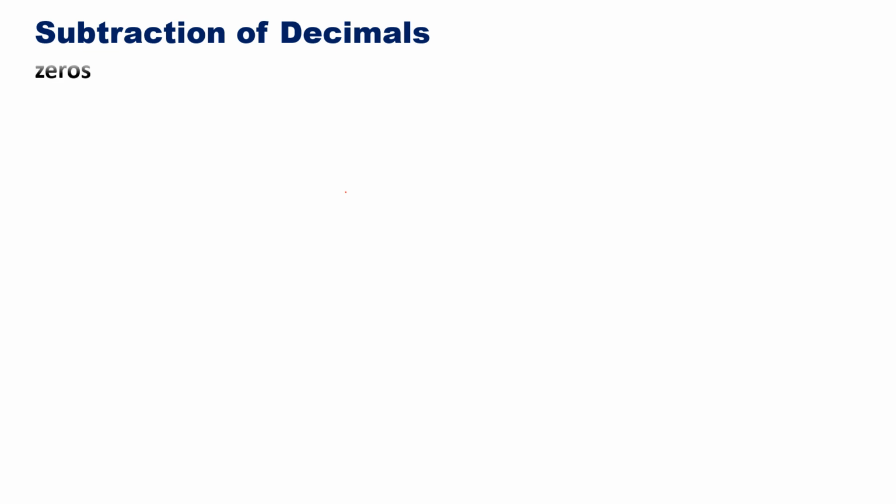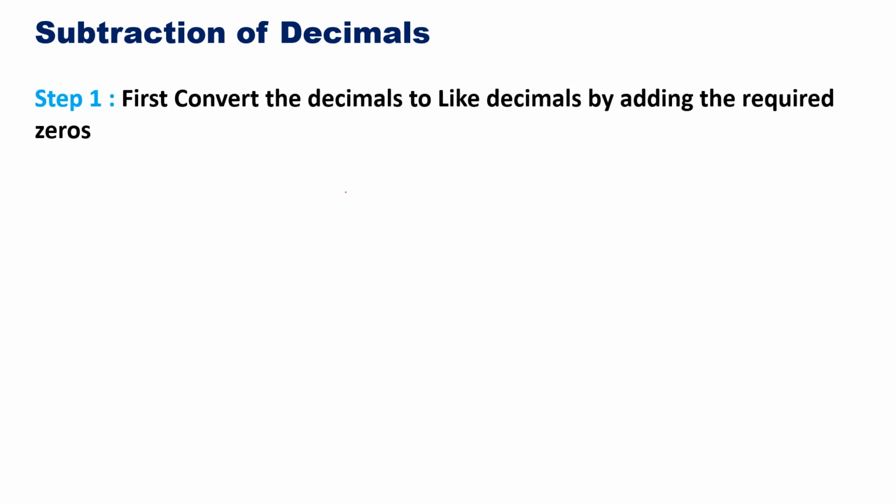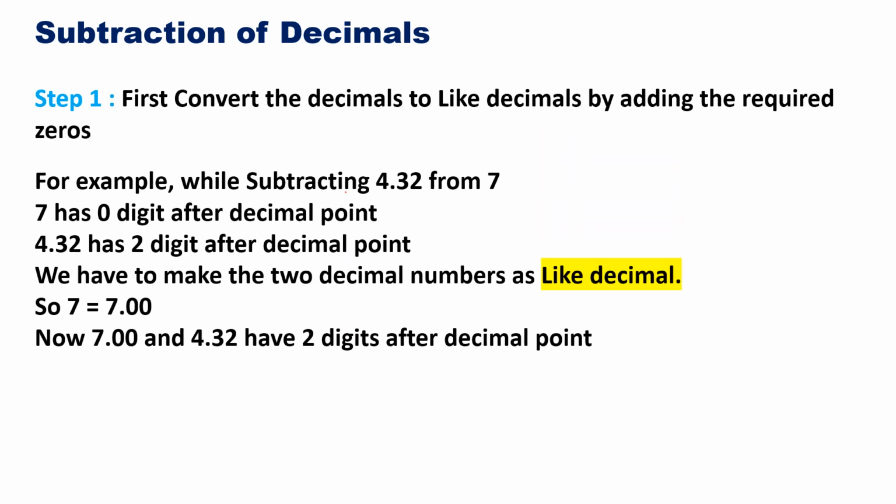Subtraction of decimals. In subtraction of decimals, we have to convert the decimals to like decimals by adding the required zeros. Let's see one example. Suppose we have to subtract 4.32 from 7. Now 7 has 0 digits after the decimal point, but 4.32 has 2 digits after the decimal point. So we have to make these two decimal numbers like decimals, because now they are unlike decimals. So what we'll do, 7 means